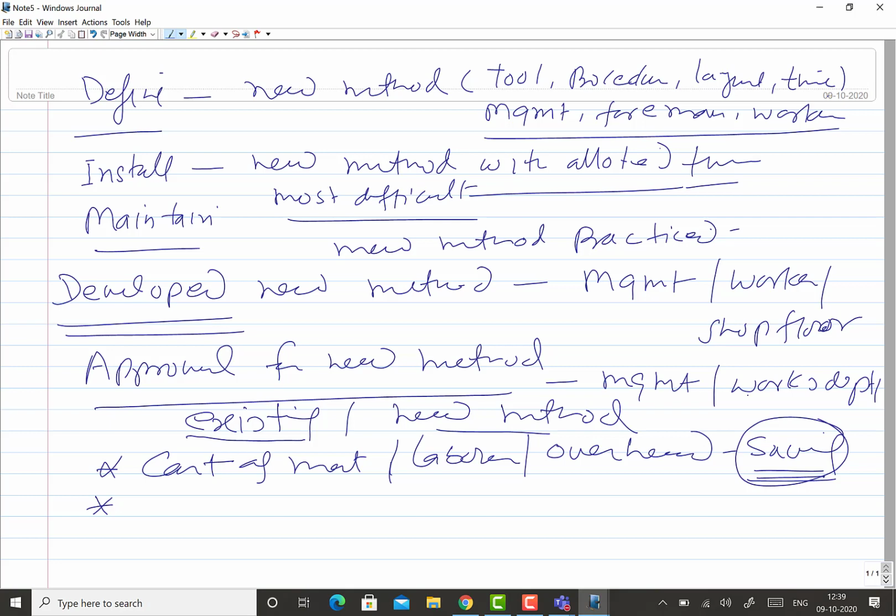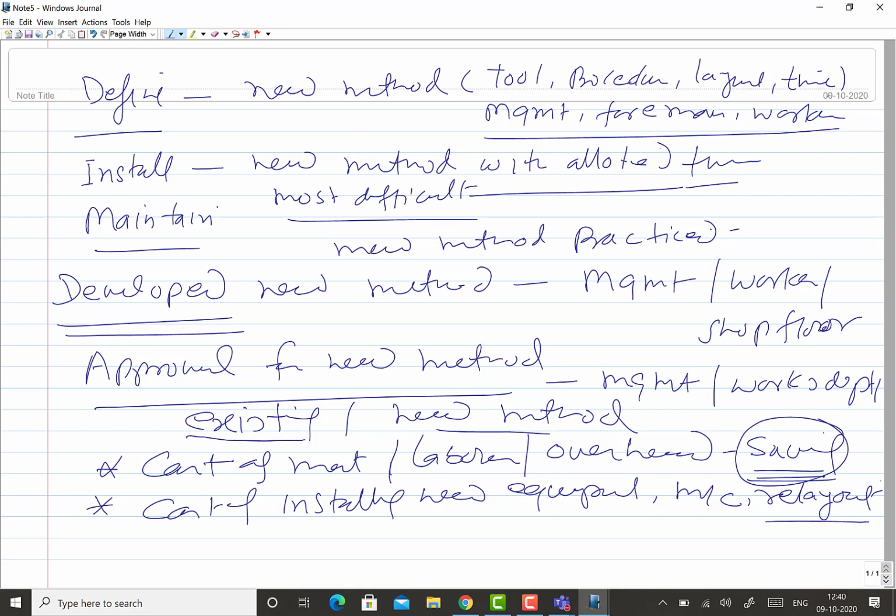Sometimes minor expenditure would be good enough to implement the new things, and sometimes major expenditure is needed. So what is the cost of installing the new equipment or machines, or to change the layout? It may not be that easy. So relayouting of the situation if required. So if at all these things are needed, what will be the related cost?